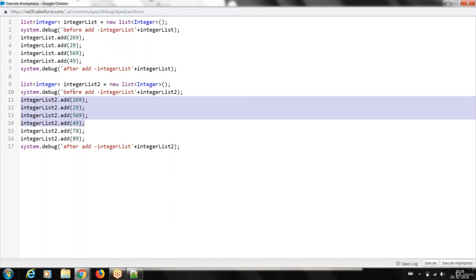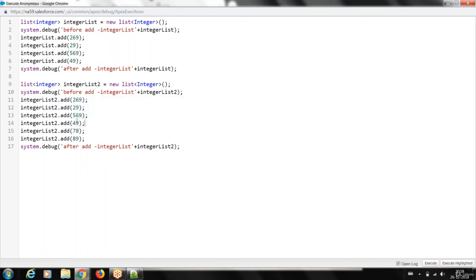There are some students who don't come to class but come to the library, and some students who come to class and also come to the library. So the library list is the combination of who comes to class plus extra students. You already have a list of student names who are coming to class, and you want that list plus extra names, in the same way, this list of integers plus an extra list.